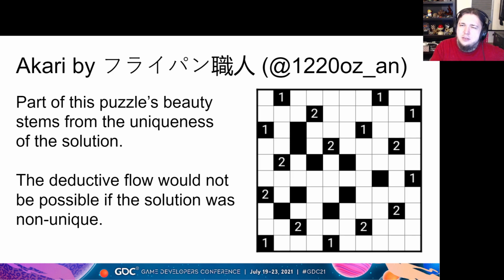Deductive puzzles need to have unique solutions, because the flow demands that you prove every step. You're not guessing, right? So you need to be able to prove every step that you move forward on, and therefore you have to end up with one solution at the end. You wouldn't be able to have deductive flow if the solution wasn't unique. So many types of puzzles, chess puzzles, logic puzzles, etc., demand unique solutions, but many other types of puzzles ought to have unique solutions